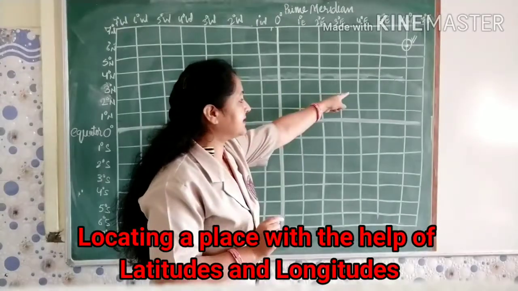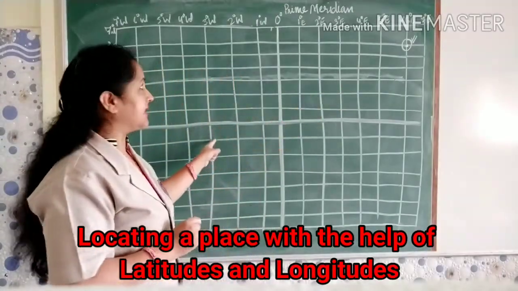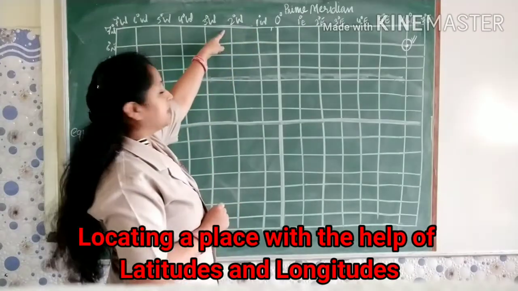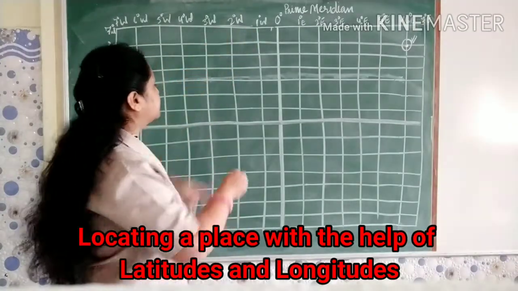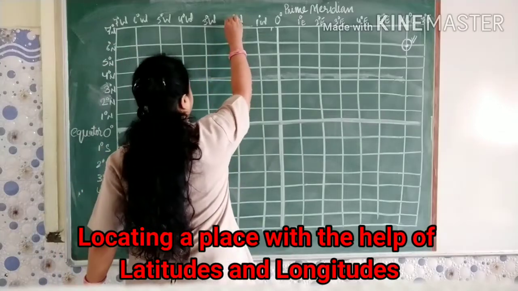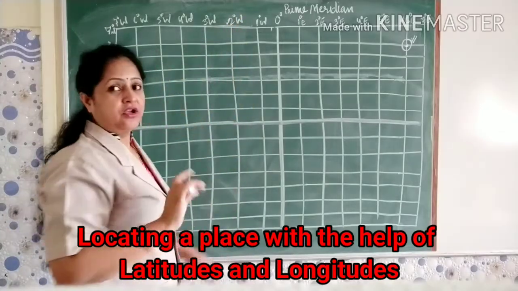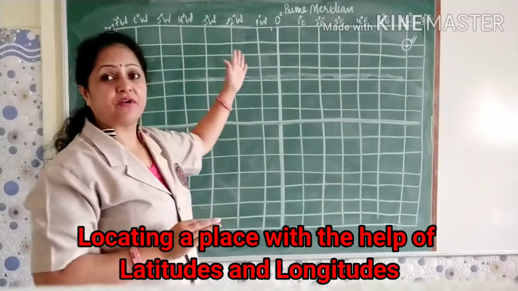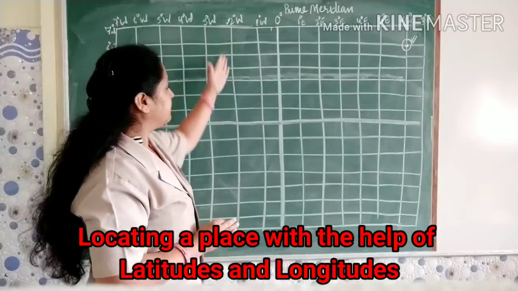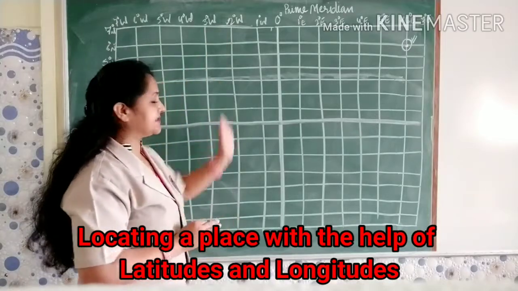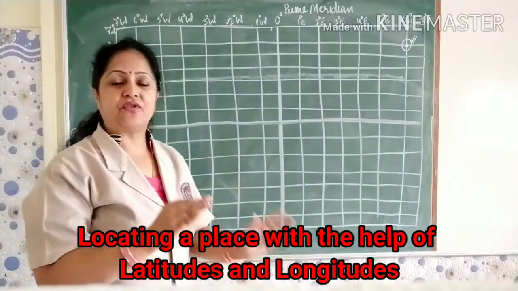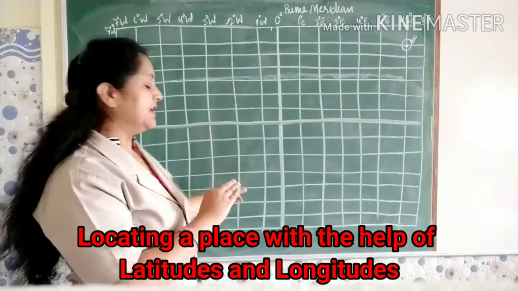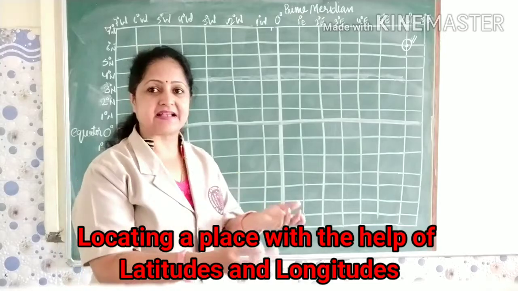This is our eastern side. This is our western side. Now this is our 1 degree W. This is 2 degree W. That means the place is located on this line. Now we have already found the meridian or the longitude, the line where the place is located. Now next is 4 degree S. Okay, 2 degree W we have already found. Now we have to find out 4 degree S.